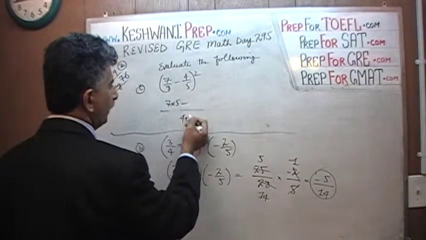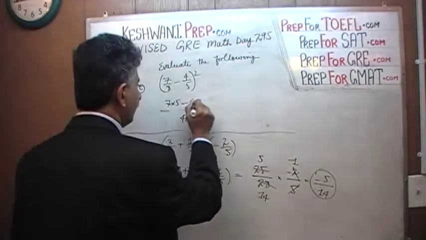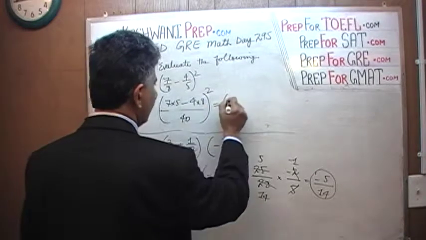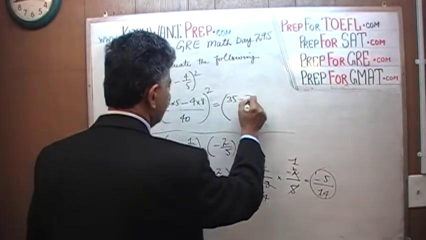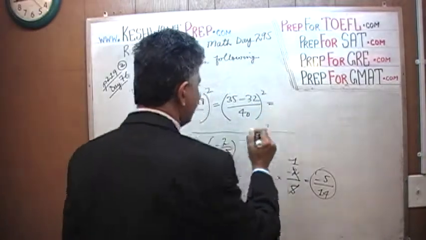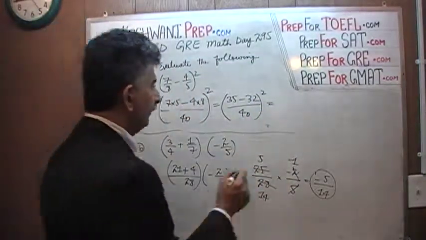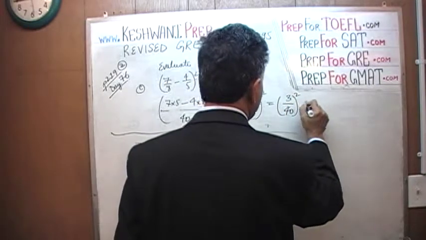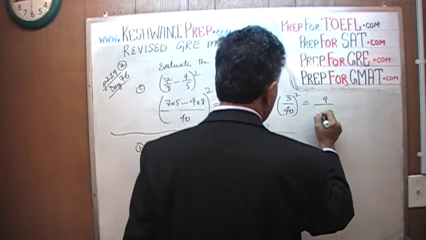Minus, and 40 divided by 5 is 8, so this is 4 times 8. That gives us 35 minus 32 over 40, squared. 35 minus 32 is 3 over 40, squared, which is 9 over, well,